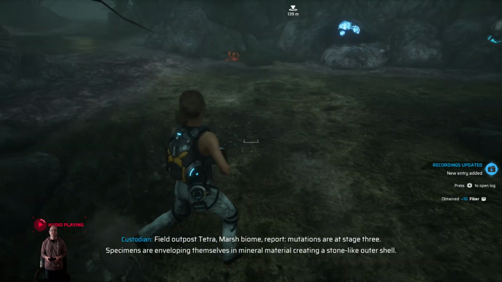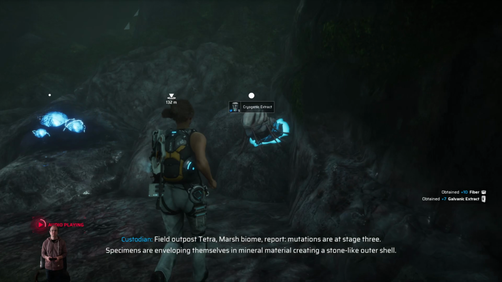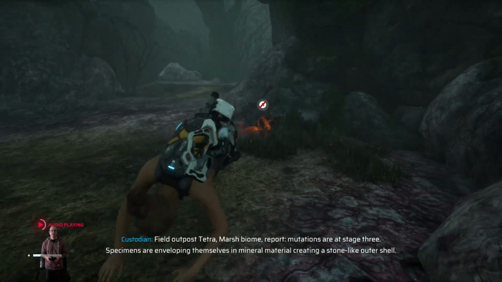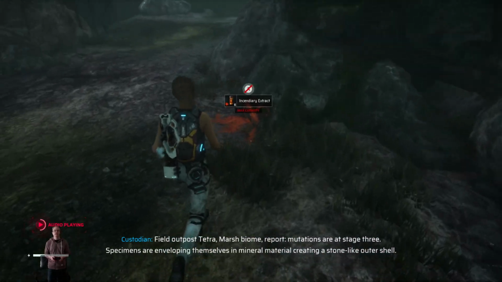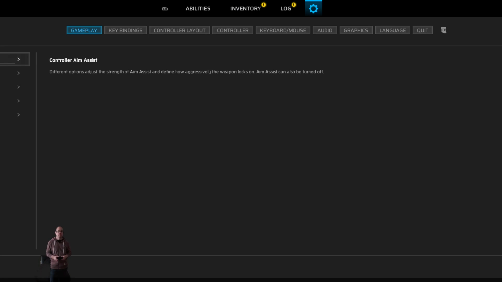Field outpost Tetra. Marsh biome. Report. Mutations are at stage 3. Specimens are enveloping themselves in mineral material, creating a stone-like outer shell. And also... their genetic